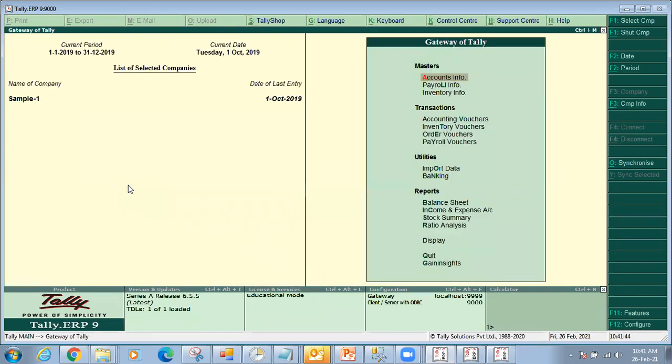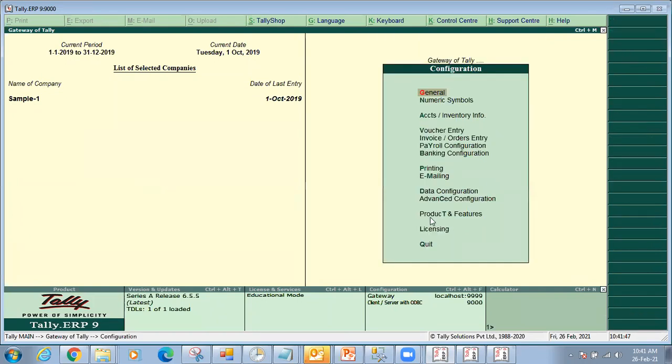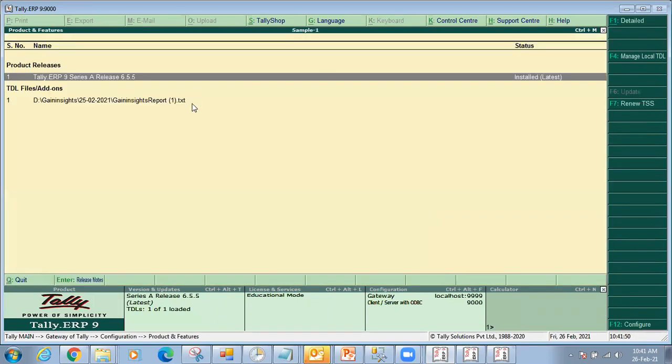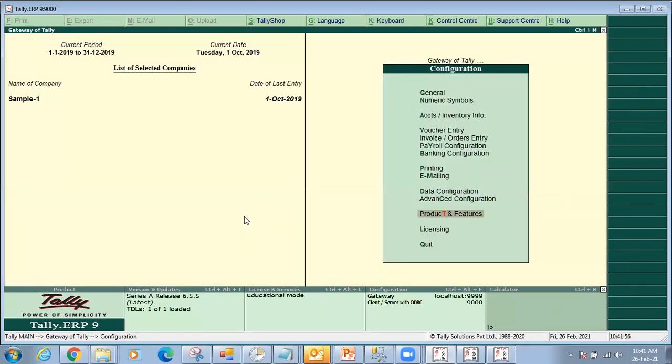So there are 3 companies which have been opened. So here, before you do it, your TCP should be loaded, a text file should be loaded. Correct? Any questions up to now? Now it will automatically extract the data.